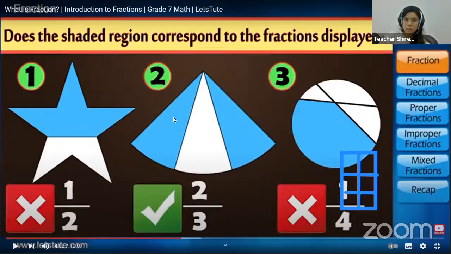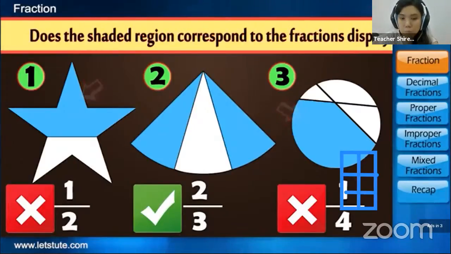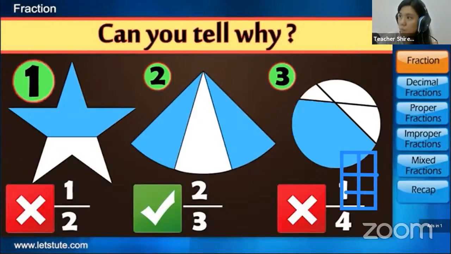You see, these 3 are the same size. That's correct, 2 out of 3. But this one is smaller than this, so it's not fair that this person eats one slice and this person eats one slice, but this is so small and this is so big. That's why a fraction must be equally divided. In question 2, the shaded region represents the fraction, but not in the other 2. Can you tell why? In figure